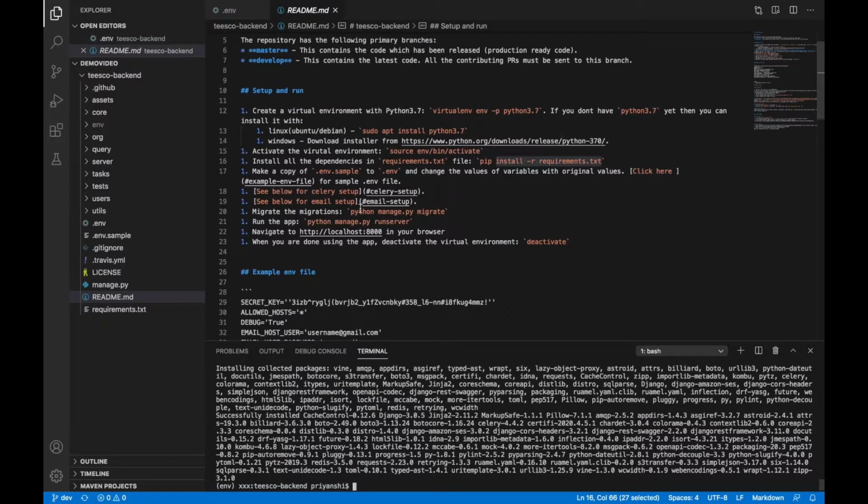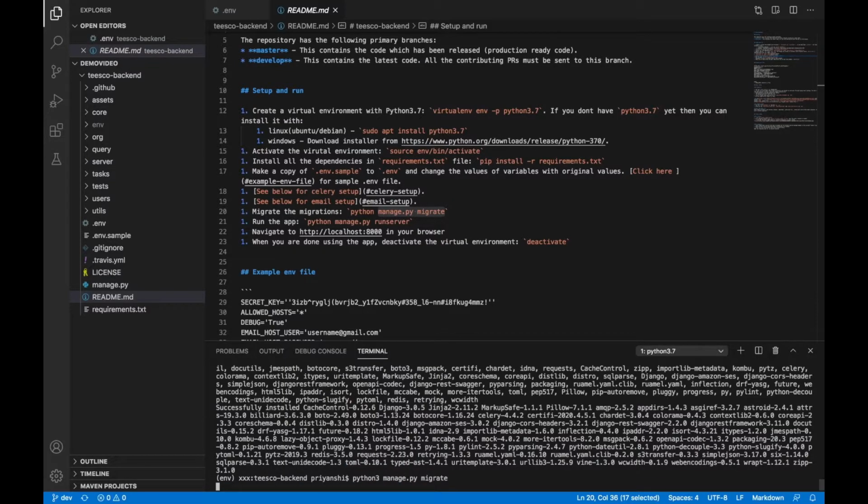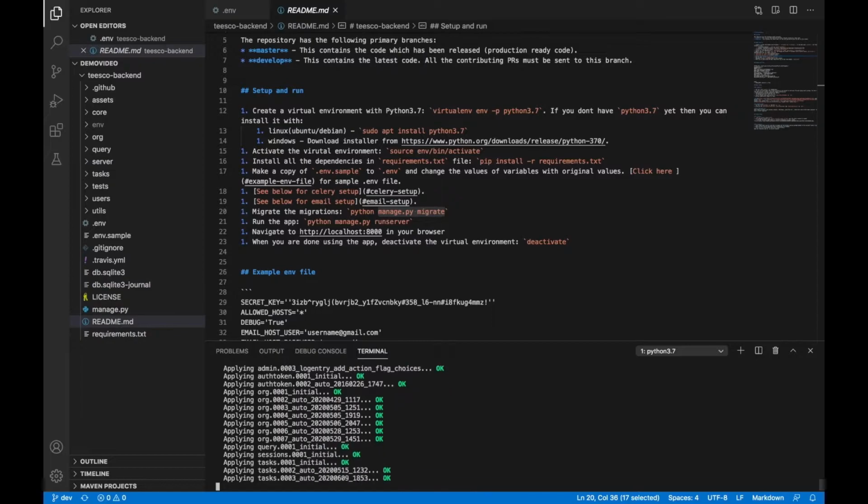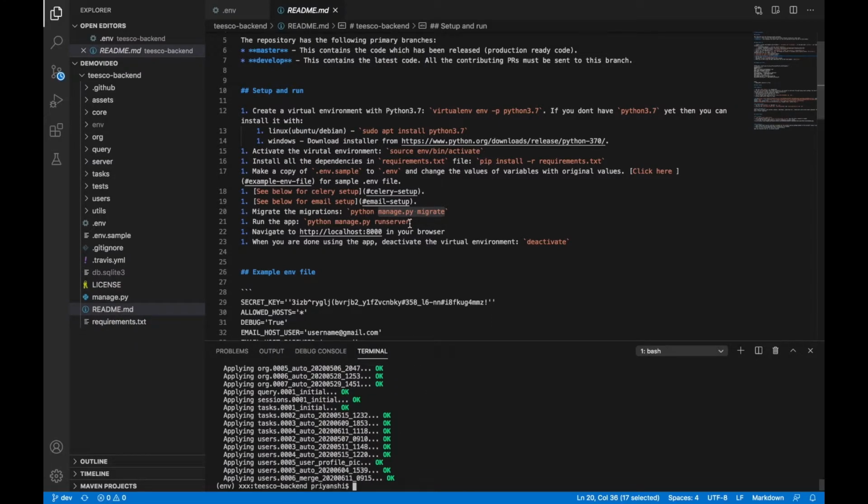And that is done. So I'll run migrations. As mentioned, this is also not a compulsory step for this, but I'll just do it anyways. And to test that everything is working fine, I'll run my server,